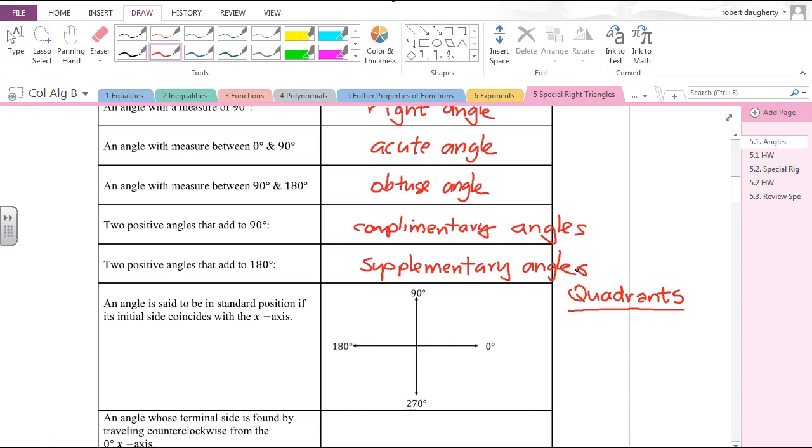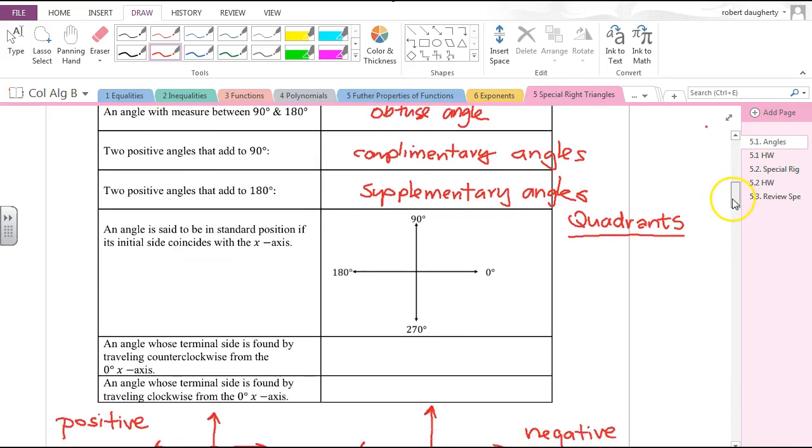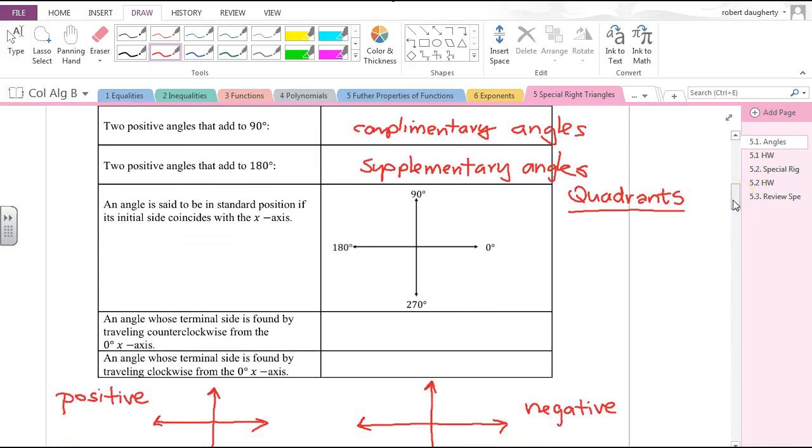Now, we're going to start drawing angles, and most all of the angles we're going to draw here we're calling standard position. I'm not sure how much of this you may have seen before, but if you just get used to the nomenclature, it should be okay. An angle will be drawn in standard position. It's going to have an initial side and a terminal side. The initial side is going to be right here. So that is my initial